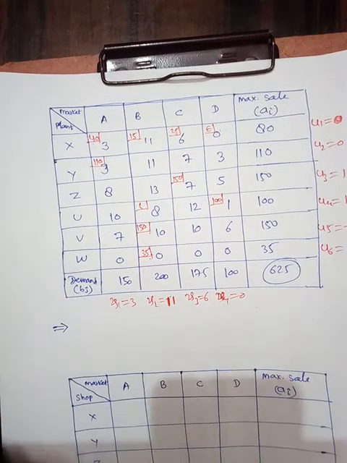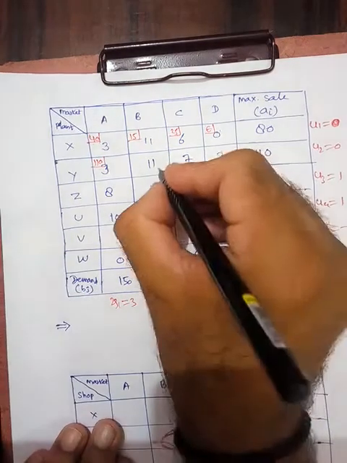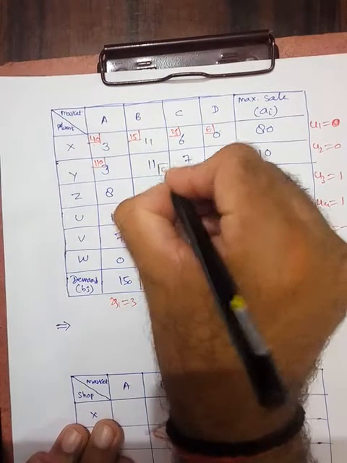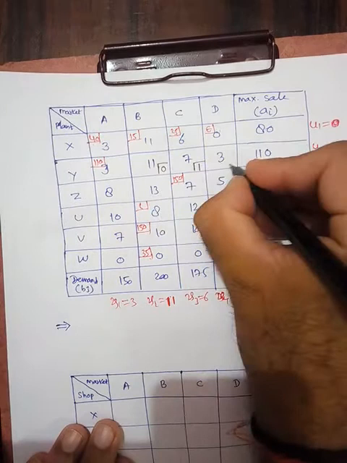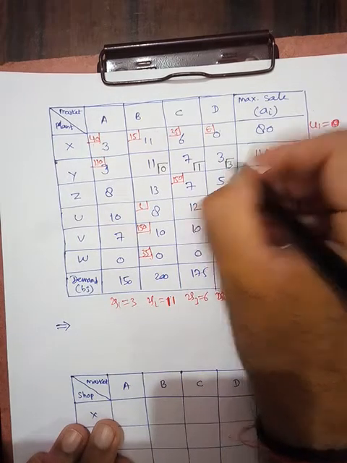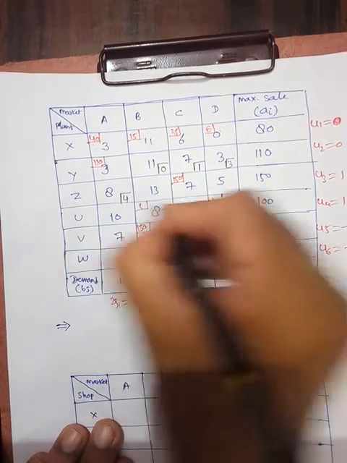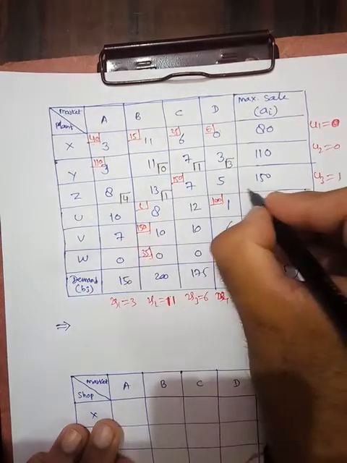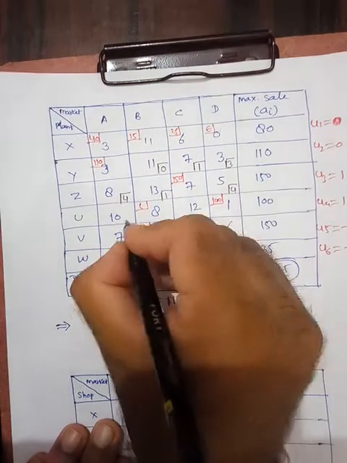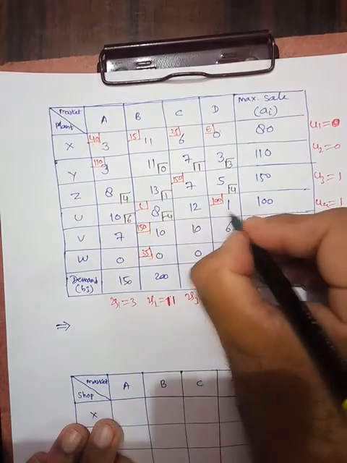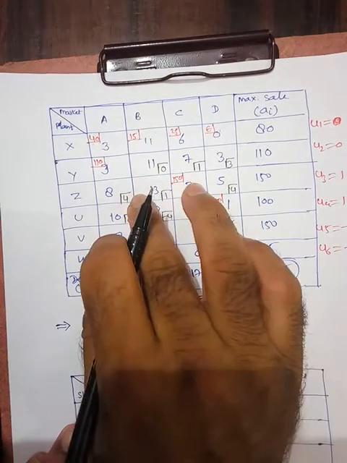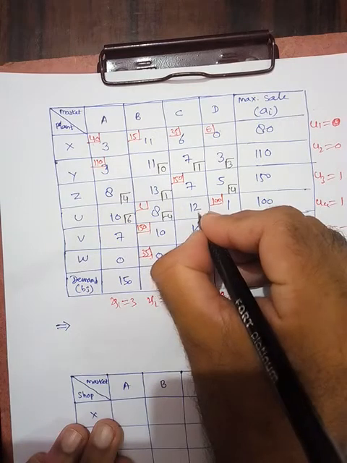So here finally now compute the delta ij for non-occupied cells. This is 0, this is 1, this is 3. Fine. So this is 4, this is 1, this is 4, here is 6, here is -4, here is, this is an unoccupied cell. We will consider this later on. So 12 is 5,